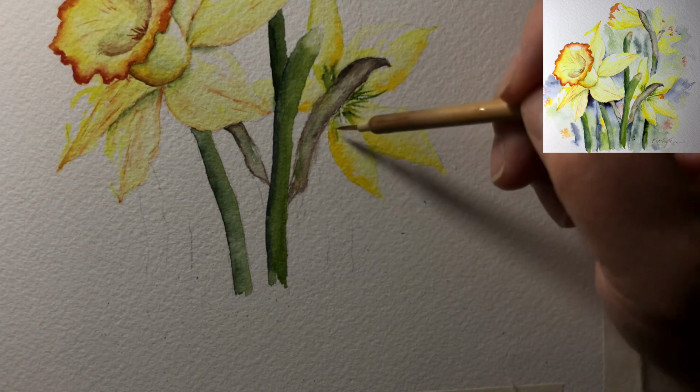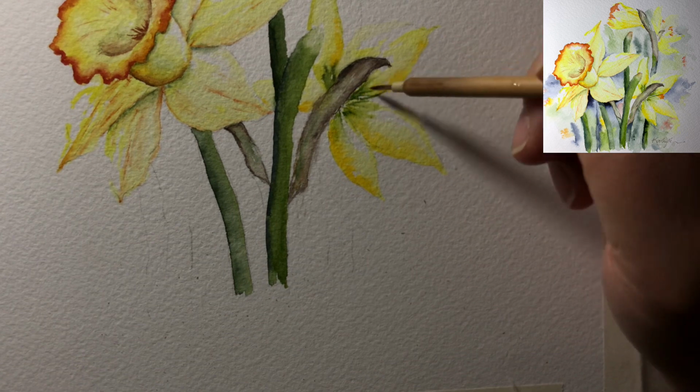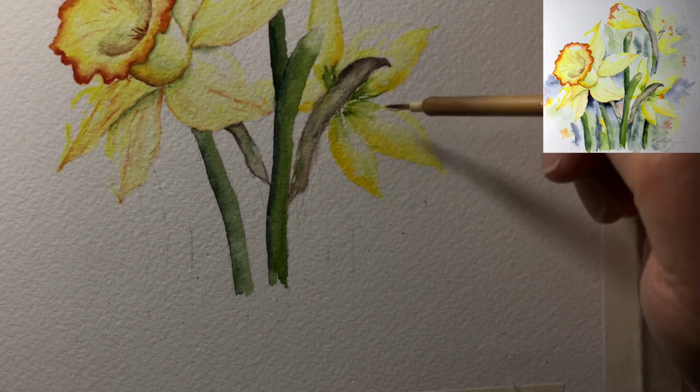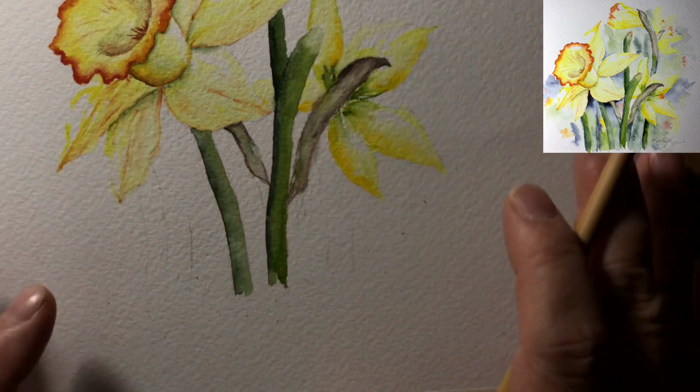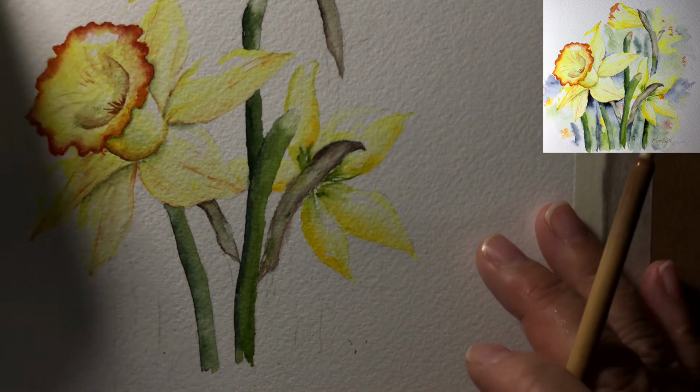Now this is just the green that is sticking to the leaf on the back of the daffodil, okay. So I'll just quickly paint that, okay? Don't worry about putting too much. So you can see that this flower over here is facing backward, right? And so,